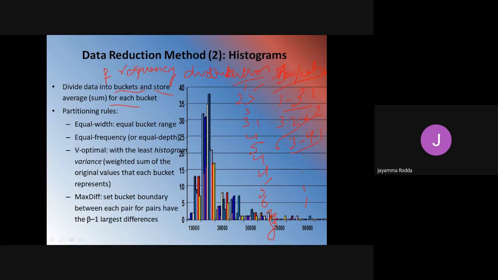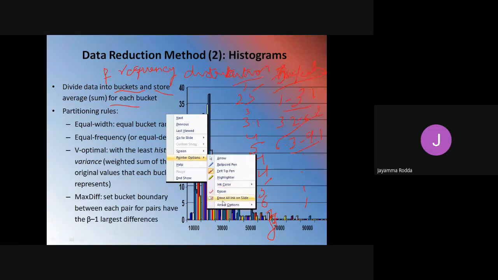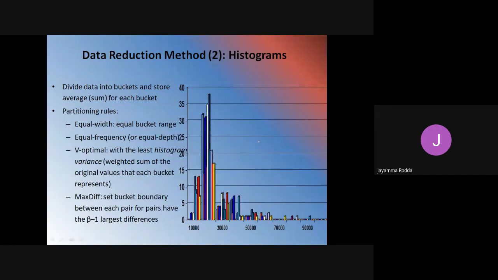So likewise, whatever data we get, the data will be divided into different buckets first. Once you divide those buckets, the histogram can be constructed.